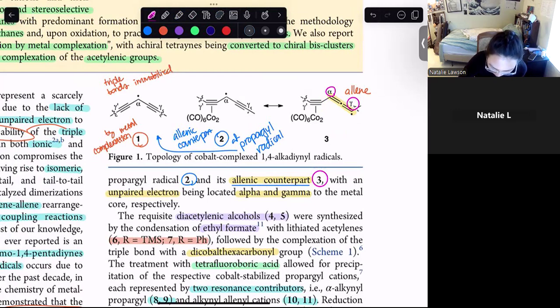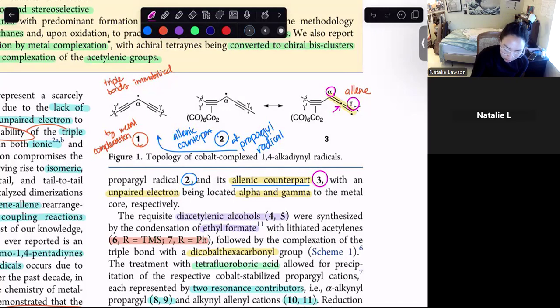The unpaired electron is alpha and gamma to the metal core. Why do I feel like they're talking about 2? Oh well, I'm going with the numbers on the paper. So